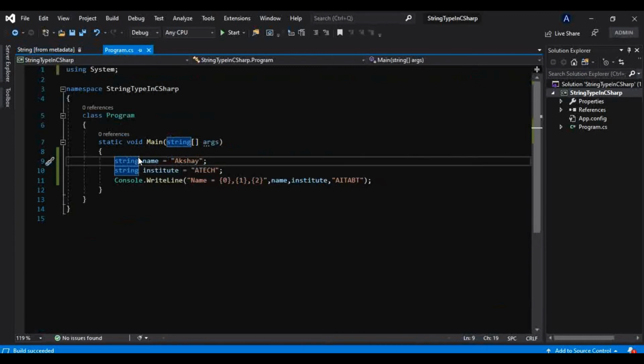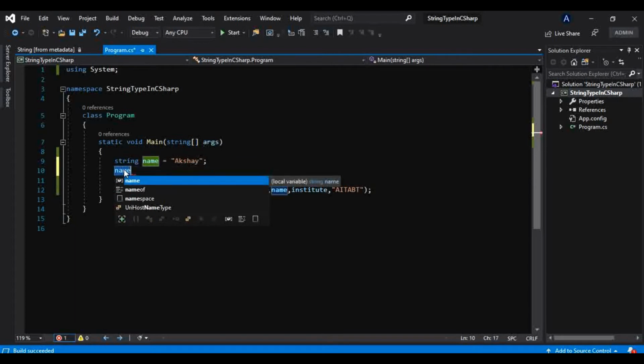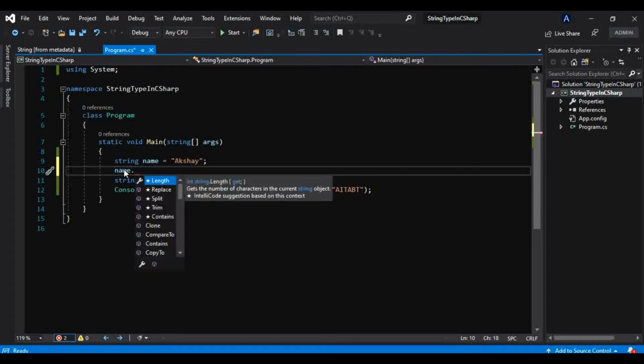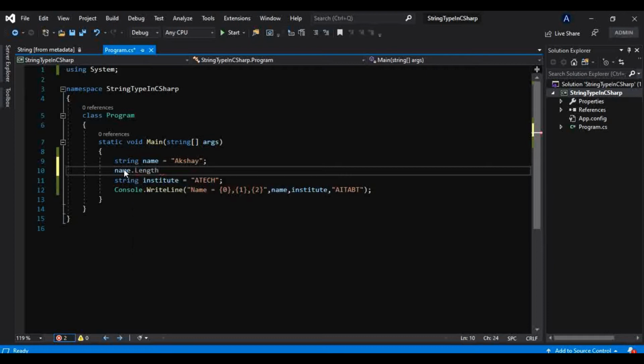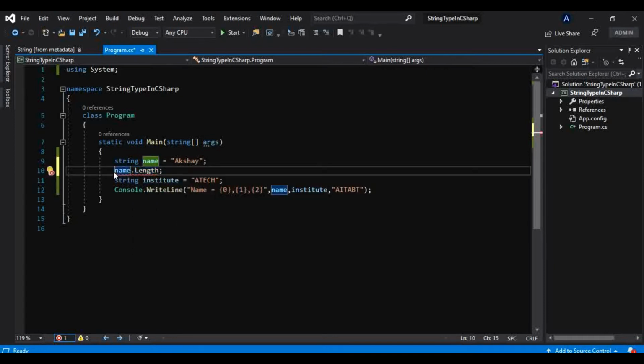Let's say this name, we know this is a string, and if you use a dot in front of it, you can find in the IntelliSense that there are many methods contained in this type. Let's say this Length method, and we will see what it gives back.